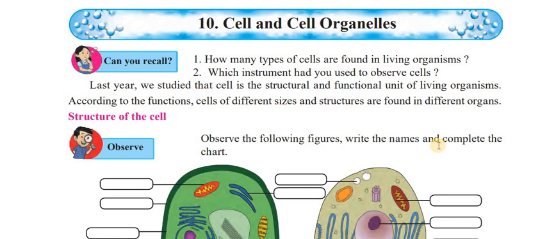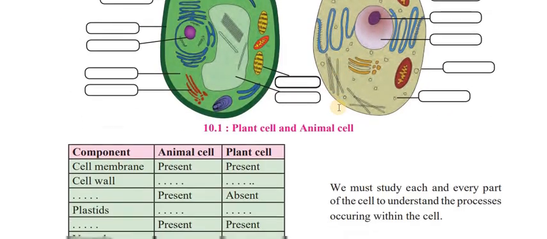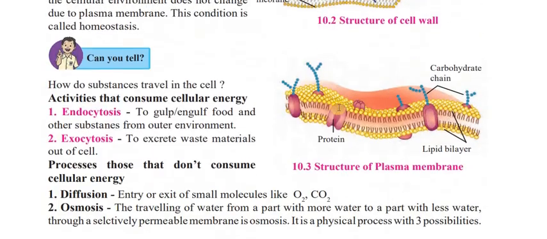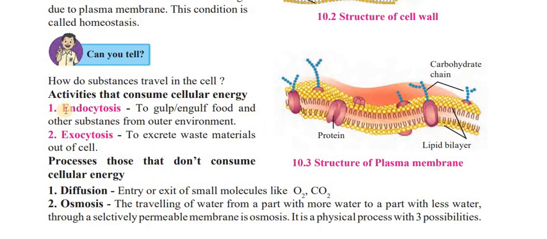Today we will see the important questions for the final exam of 8th standard science. Let's see them chapter by chapter. First one, chapter 10, Cell and Cell Organelles. Here we can see the first important question from this chapter is